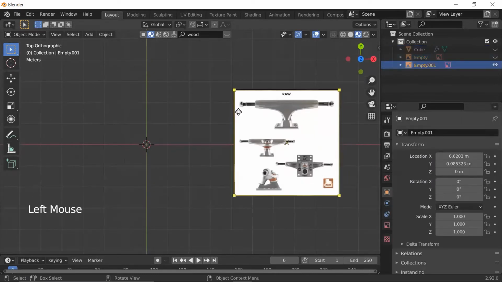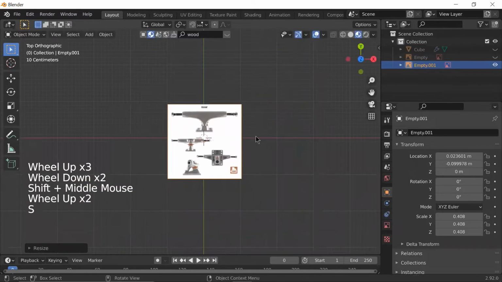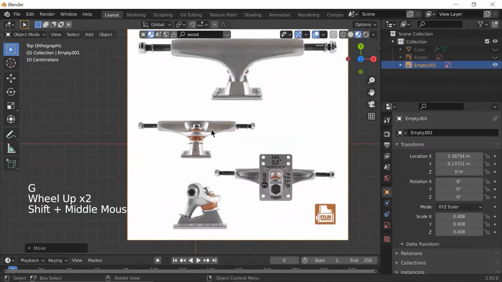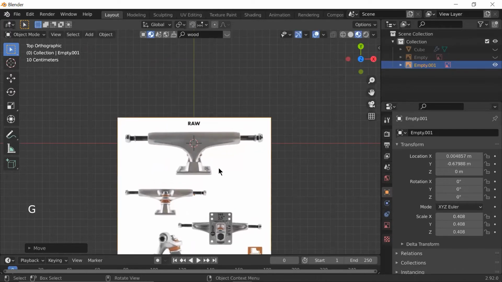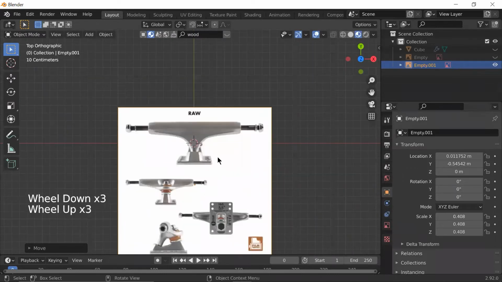Just like what we did with the board, we're gonna bring this image to the center. So this is the front view. I'll do the back view first, actually. So I'm gonna just bring this here, and